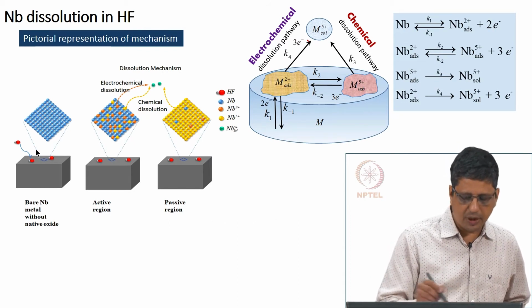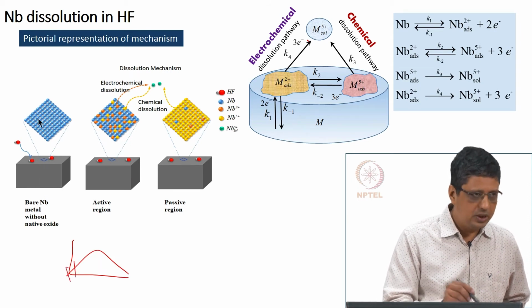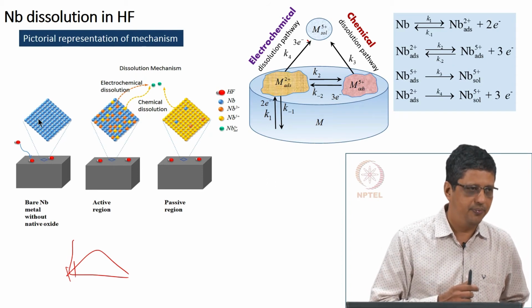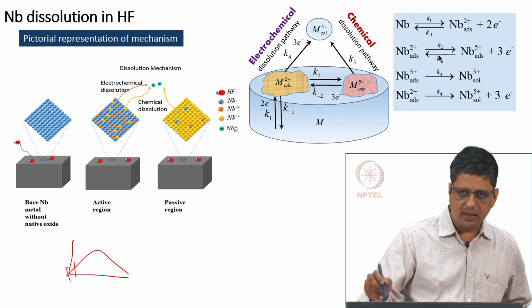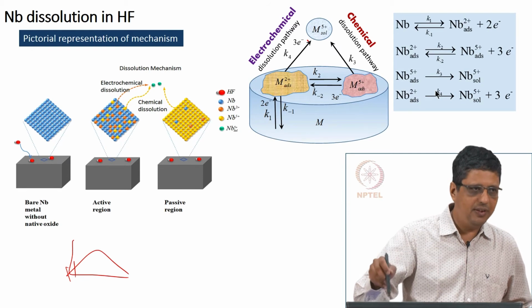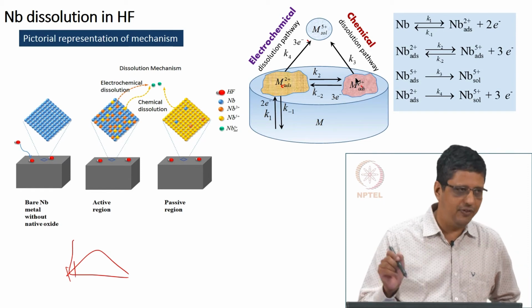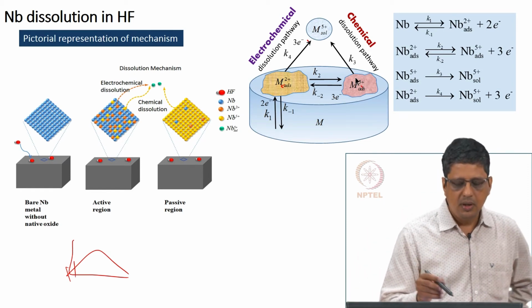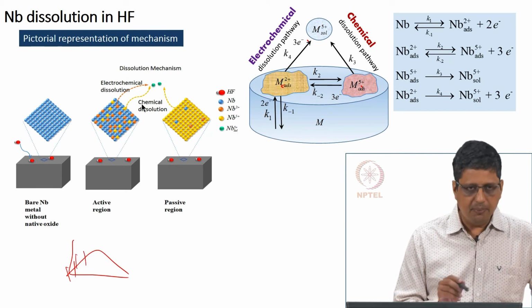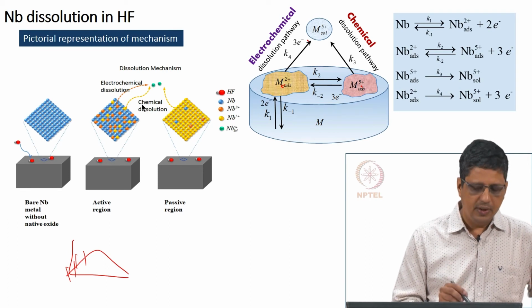When I go to low overpotential, this curve, it is mostly bare niobium. Any suboxide and pentoxide that is formed is taken into solution. Because with this, once I know the rate constants, because of time and space, I am not showing you all the rate constants in tabulated form, but you have the values of rate constants, you can predict what will be the surface coverage of theta 1, theta 2 as a function of potential. When you go to mid potential, what you see is some niobium oxide is present as pentoxide, some is present as suboxide NbO, and some vacant surface is also present.